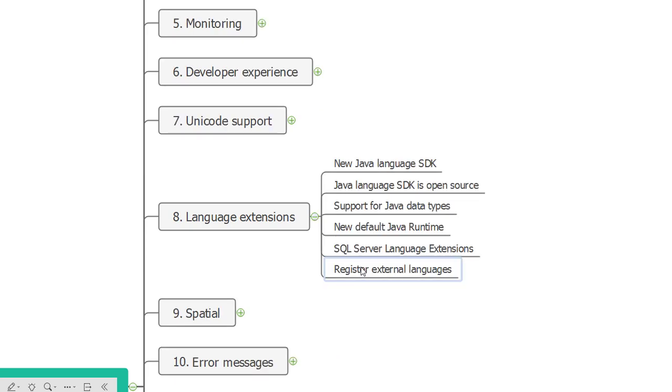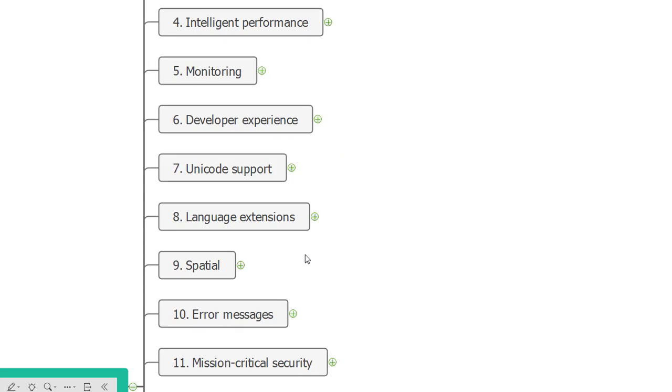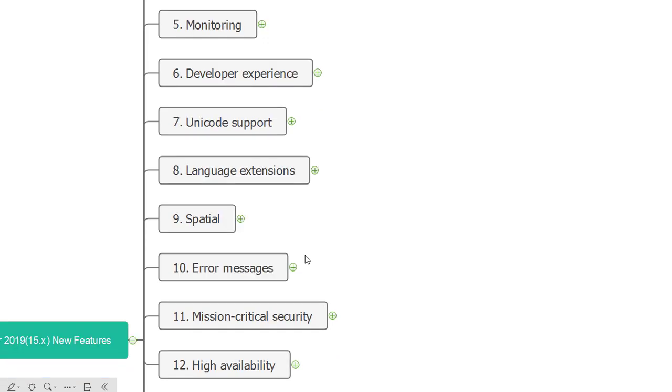Then language extension. Inside the language extension you can use a particular language as per your need, and this is a pretty cool feature. New Java language SDK are there. Java language SDK is open source, with support for the Java data types, new default Java runtime, SQL Server language extension, register external language. This is really cool, and I think it will make a cross platform open source